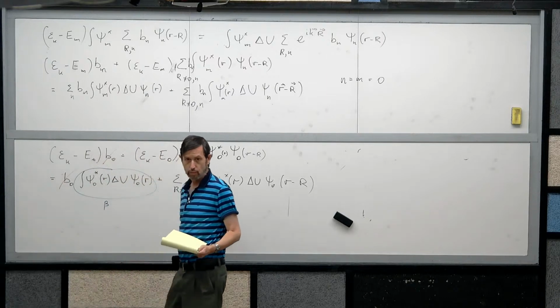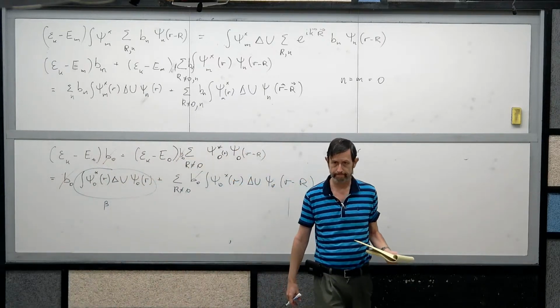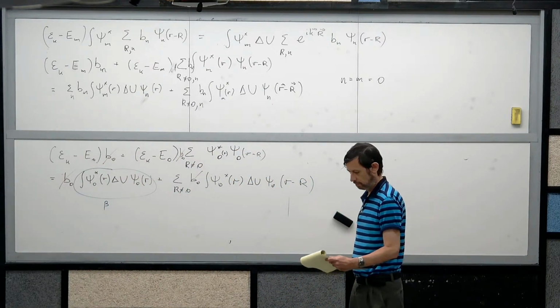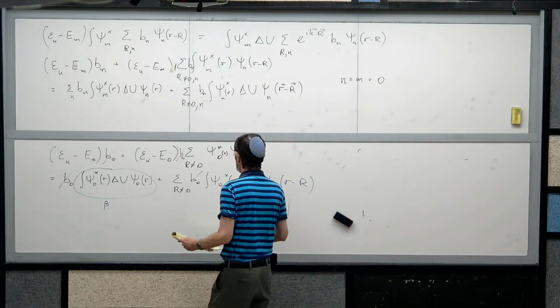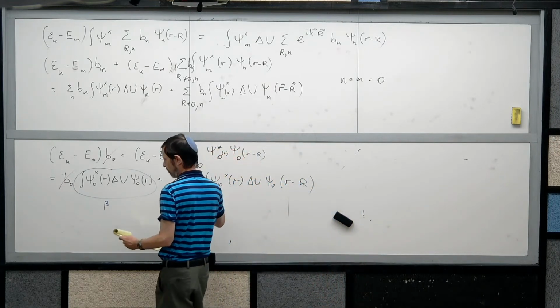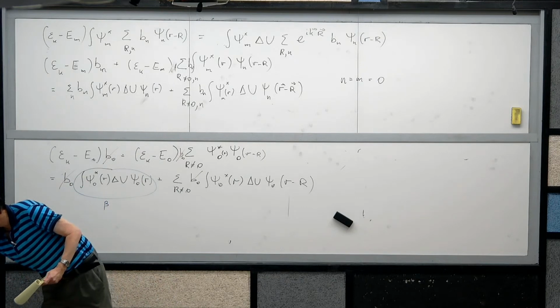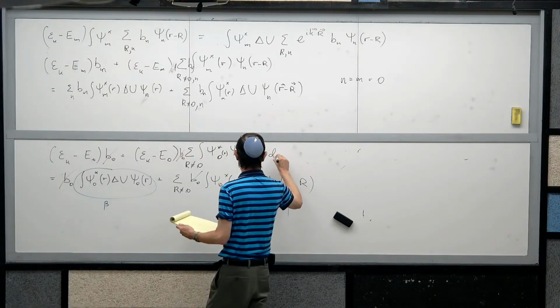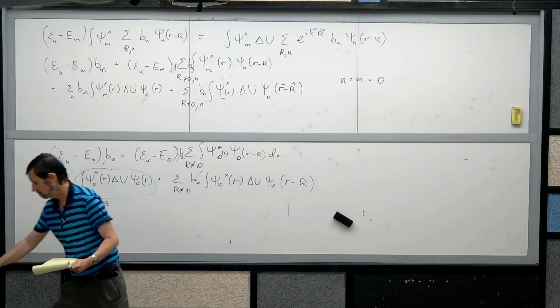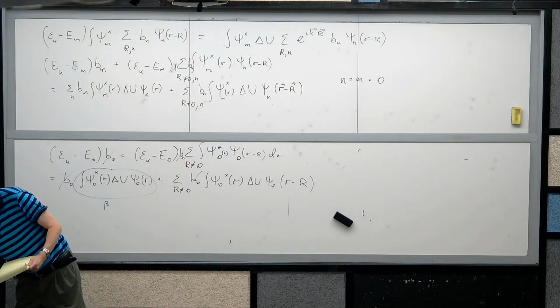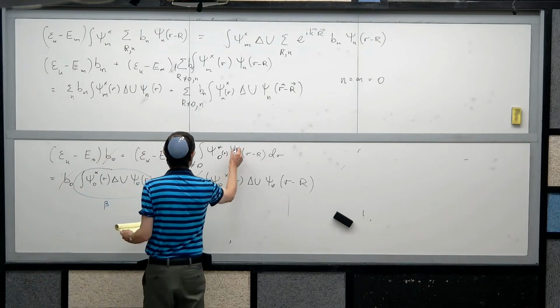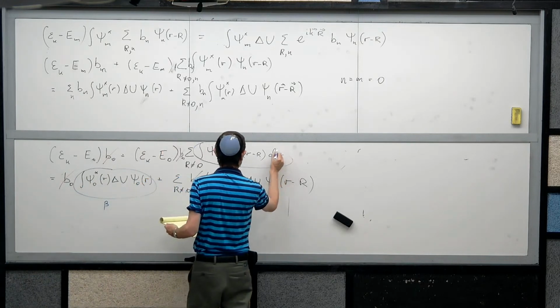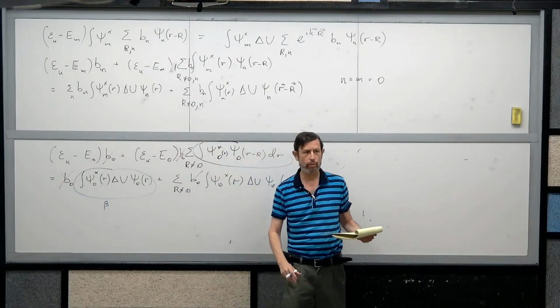So we call it beta. Write here an integral. After integration,